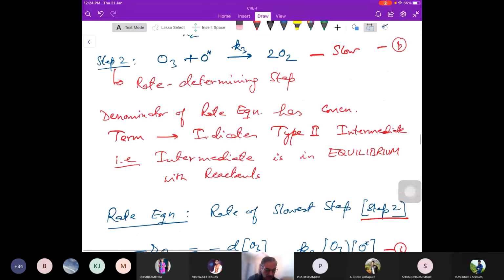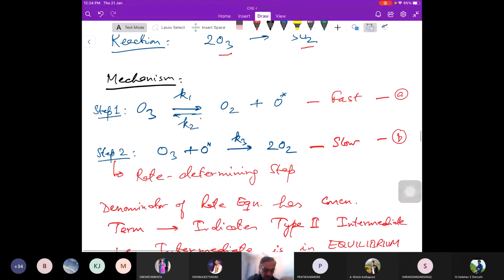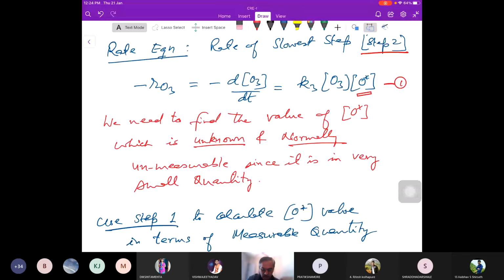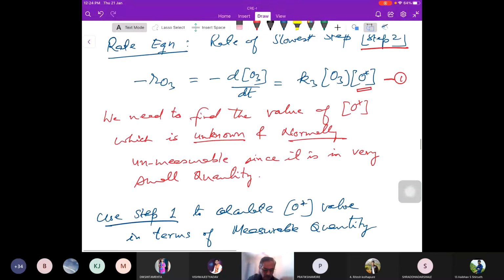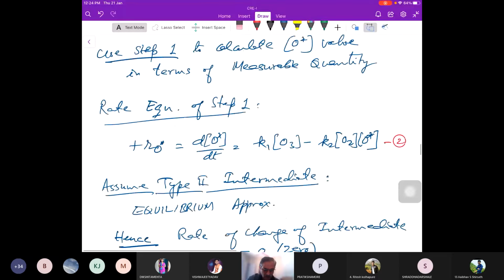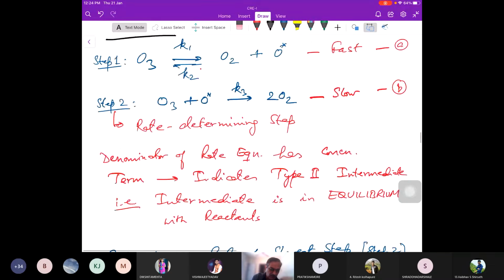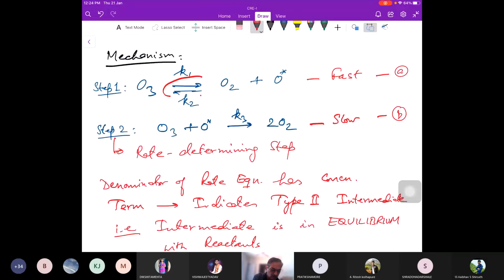ठीक है. स्टेप 1 क्या था, राइट? तो यहाँ पर जो रहेगा ये फॉर्मेशन है O स्टार इज इक्वल टू K1 इंटू O3 माइनस रिवर्स रिएक्शन है K2 इंटू O स्टार. ये हो गया. सो नाउ वी अज्यूम स्टेप 2 इंटरमीडिएट इक्विलिब्रियम. दैट मींस दिस फॉरवर्ड एंड रिवर्स रिएक्शन दे आर इन इक्विलिब्रियम एंड दैट्स व्हाई वी हैव रिटन इट लाइक दिस, राइट? तो इक्विलिब्रियम रहेगा